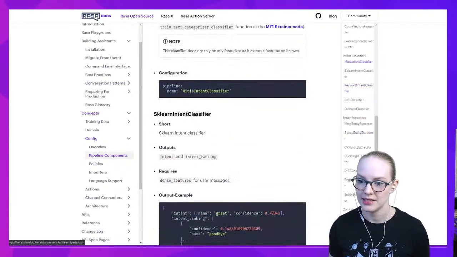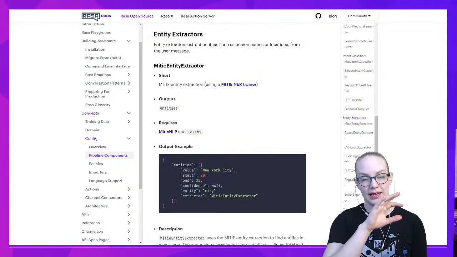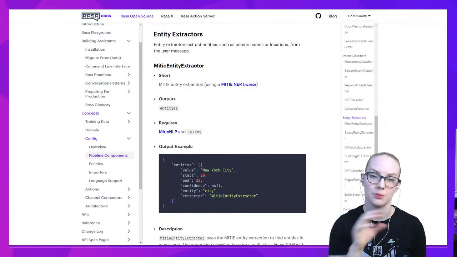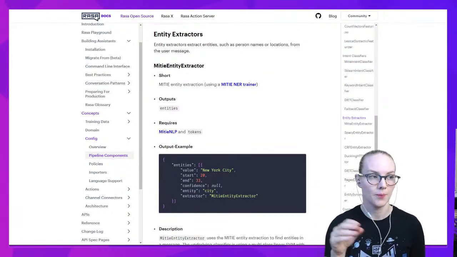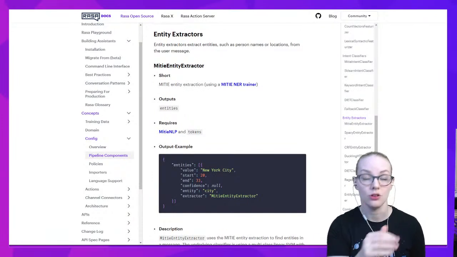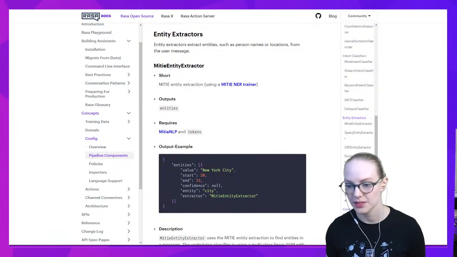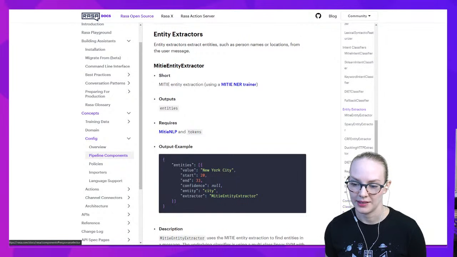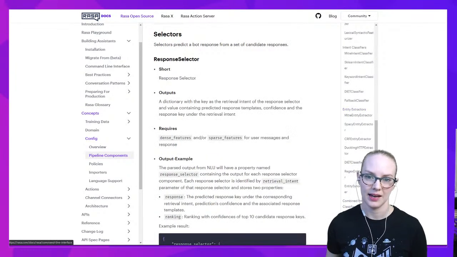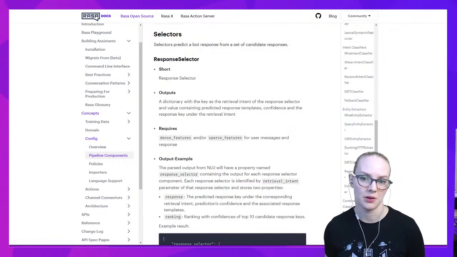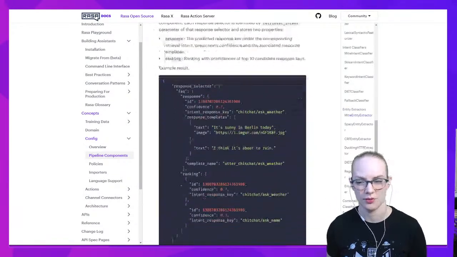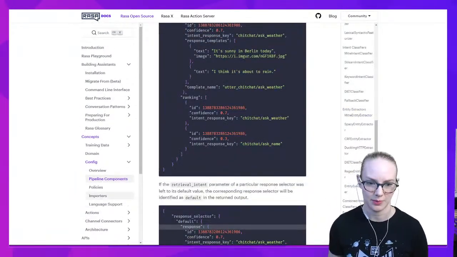And entity extractors look at the string of text and pick out the specific pieces, the entities that you have defined, that you might want to store as slots or use for other purposes. Then a selector predicts the bot response, and you don't really need to worry about that. Most of that is being done in the